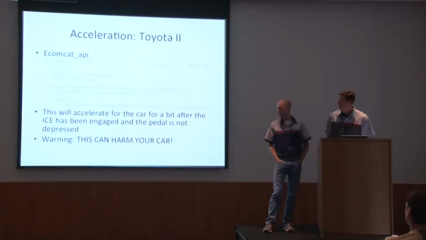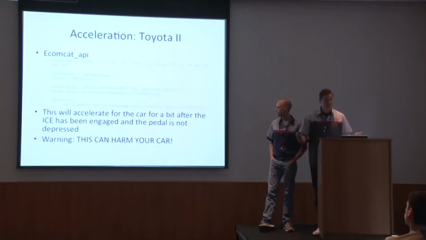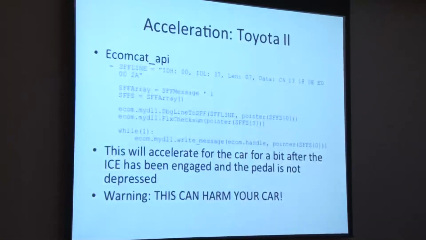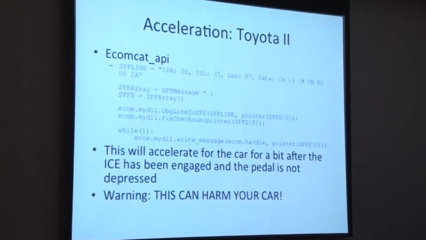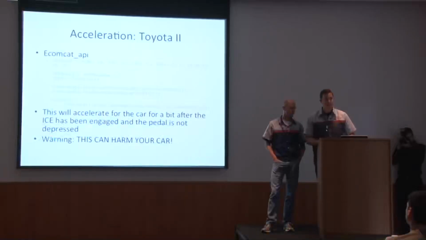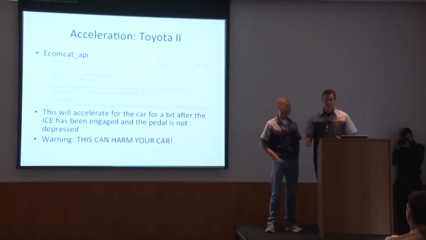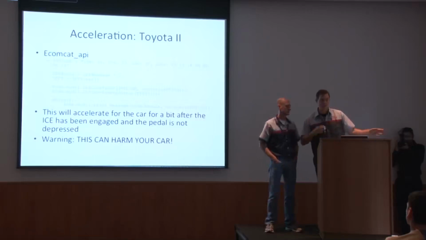Again, this is the whole program. As long as you're jacked into the CAN network in the right spot, these couple of lines will accelerate the automobile. The Prius is a hybrid synergy drive, so the gasoline engine isn't always doing all the work. The electric motor will help the car out. So this really only works when the internal combustion engine is engaged and making the car go forward. You let off the gas pedal and you send these messages and the car continues to accelerate.